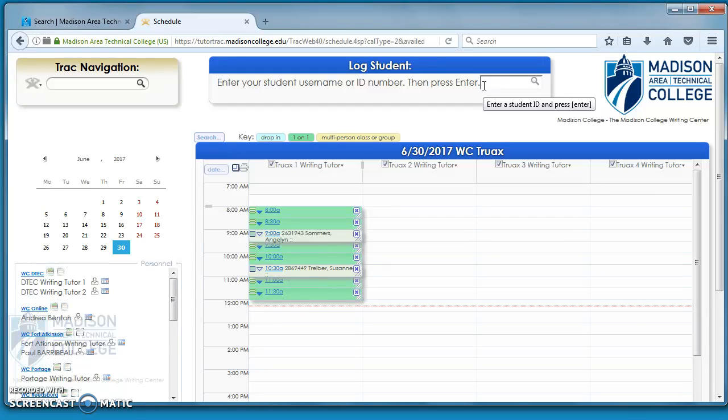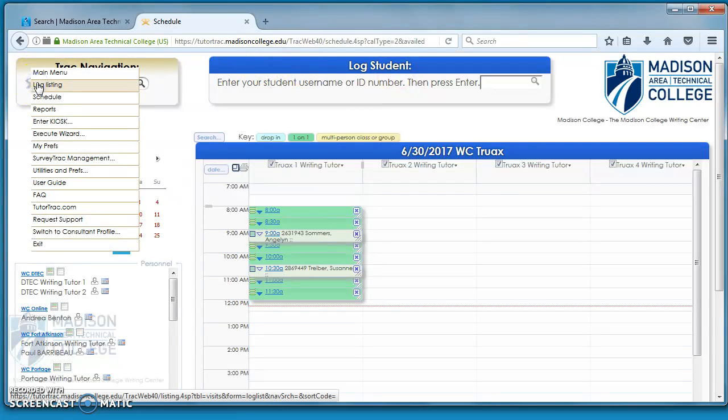So as you get closer to the end of your session, please pay attention to the time. It's important to wrap up with a few minutes to spare, knowing you're going to need that time to log out. So you can log out the same way that you logged a student in, by entering the student's ID number or username in the Log Student feature here. You can also go over here to the track navigation menu and click Log Listing. There will be a blue right-facing arrow, and you can go ahead and choose the student's name there